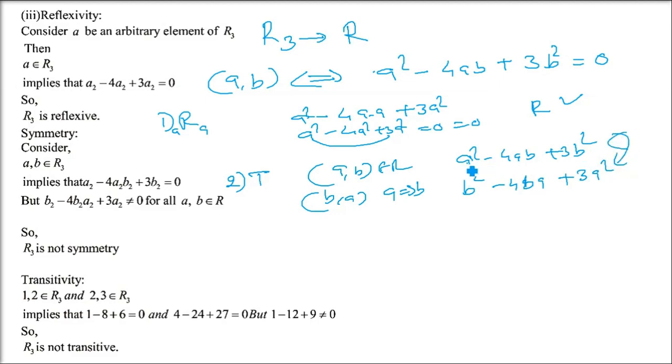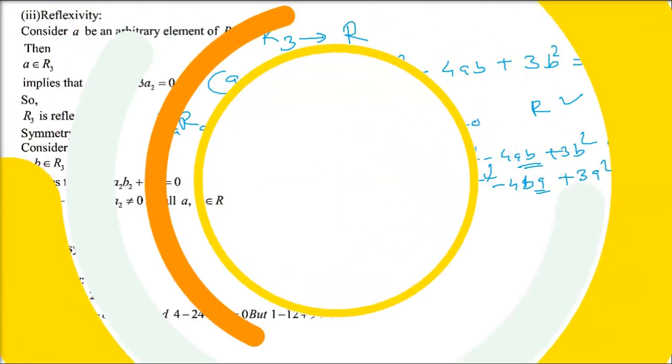But now you see here, because it is defined on the real numbers, they both are not the same. First of all, they are not the same. The discussion about 0 comes later. They are not equal. Even if one is 0, the other will not be. These two have to be seen as the same first, then only we can talk about others. So it is not symmetric. We were talking about symmetric.